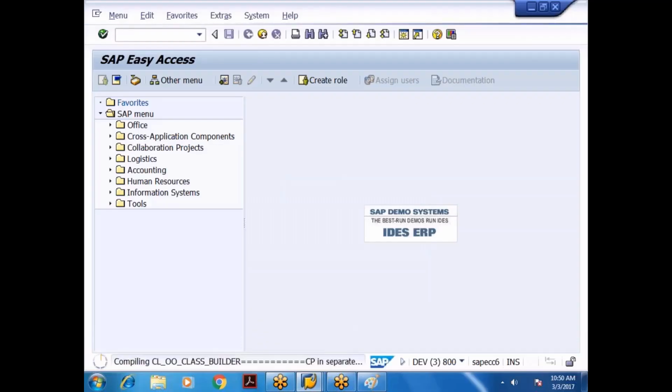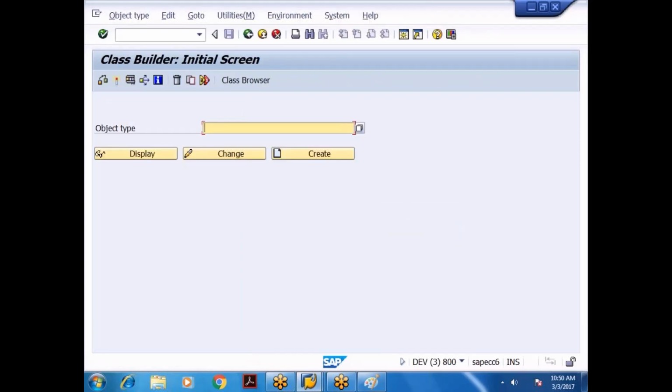I'll go to SC24, the SC24 class builder. Why not? Doesn't mean that class means I should use it only in ALV reporting. I can use it wherever ABAP coding is involved. Since we don't know, we don't use. Okay, so we have a class.